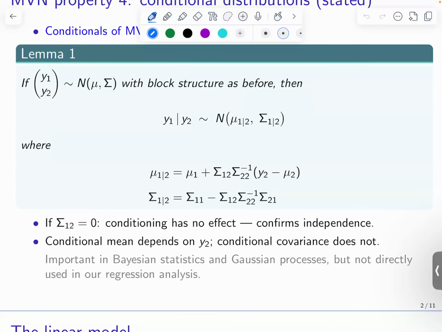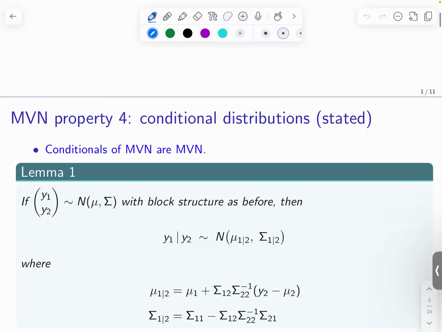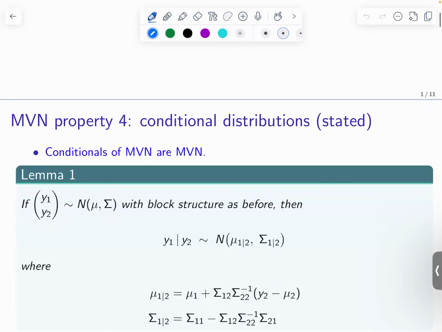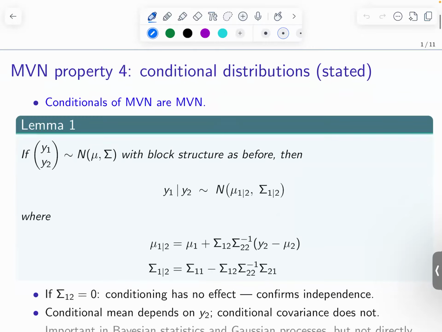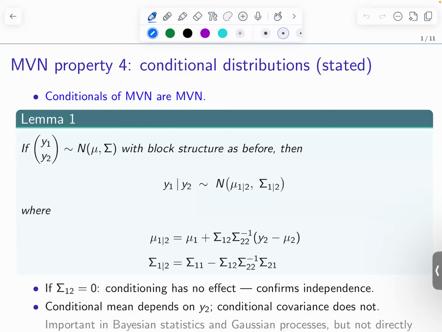Okay. So last time we talked about the multivariate normal distribution, right? And so you would see this is the last property that we kind of glossed over. We talked about a bunch of properties, and I'm not going to repeat them in the interest of time,